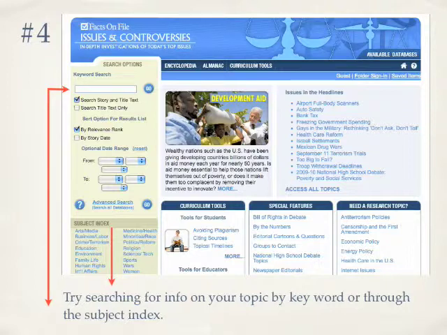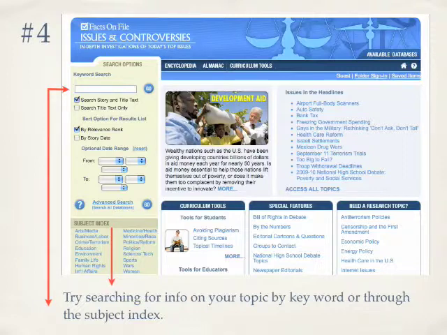In addition, if you look there under Tools for Students, there are a couple of really neat websites: Avoiding Plagiarism, how to make sure that you're quoting or paraphrasing information accurately, and then really importantly, there's a Citing Sources guide that will show you how you can take articles from this website and then cite them properly in your paper. So I think you're really going to like this website.